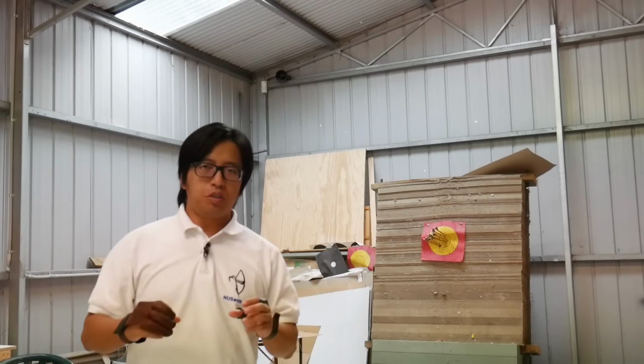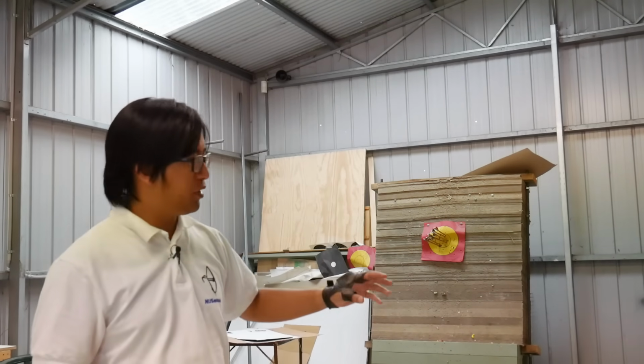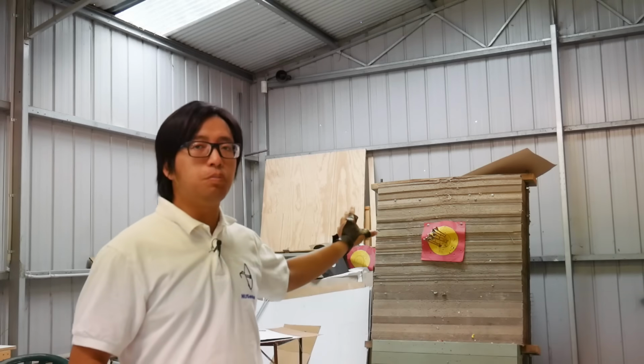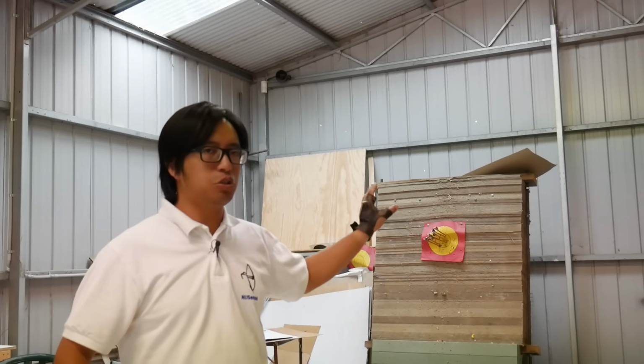I know many of you who are watching this are perhaps new to archery or haven't really done it before, perhaps once or twice at school or camp, and you're at the level where you're barely hitting the target. Half your arrows are missing, and whatever bullseyes you get are flukes. So, to be fair, we do make it look easy, and it's only right for me to show you how